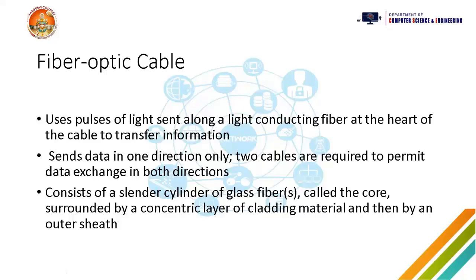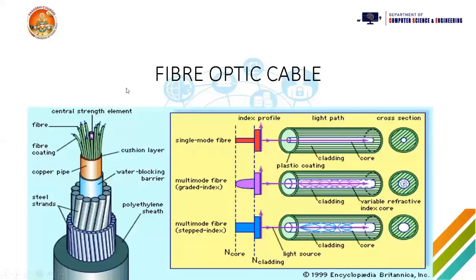The third cable that we are supposed to talk about is fiber optic cable. So in the name itself you can see fiber and optic. So this is nothing but a combination of fiber and optic. Optic is nothing but glass. You can see here, this is the way how it is made. The center part is known as the core and it is made of glass. And here the data is forwarded in the form of light.